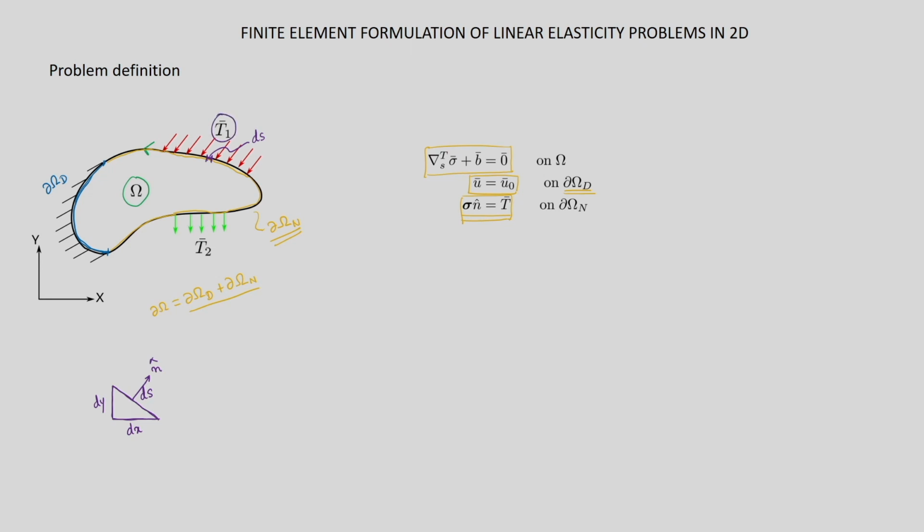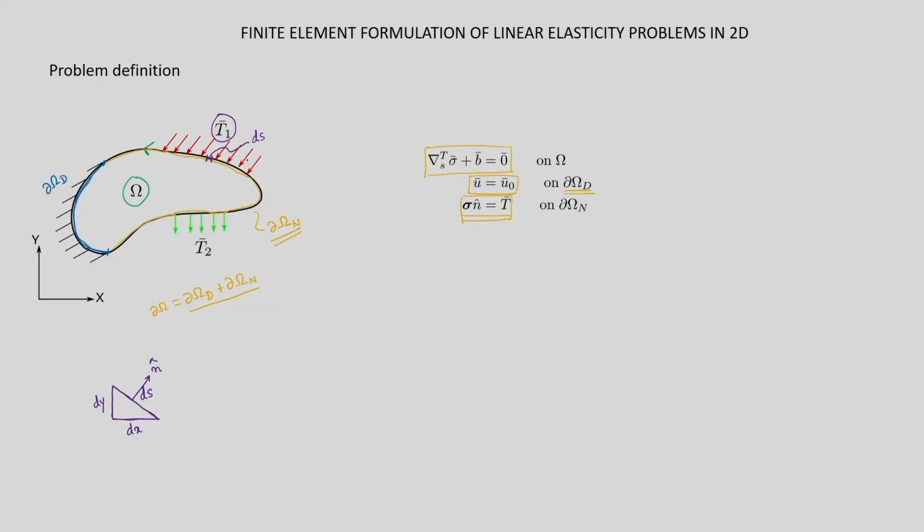Traction is actually one kind of stress itself, but it is applied externally. Since the thickness is 1, T is some kind of force like Newton per meter. So, per unit length along the boundary, that is the amount of force applied, because in the other direction, the thickness direction, we are assuming that it is 1.